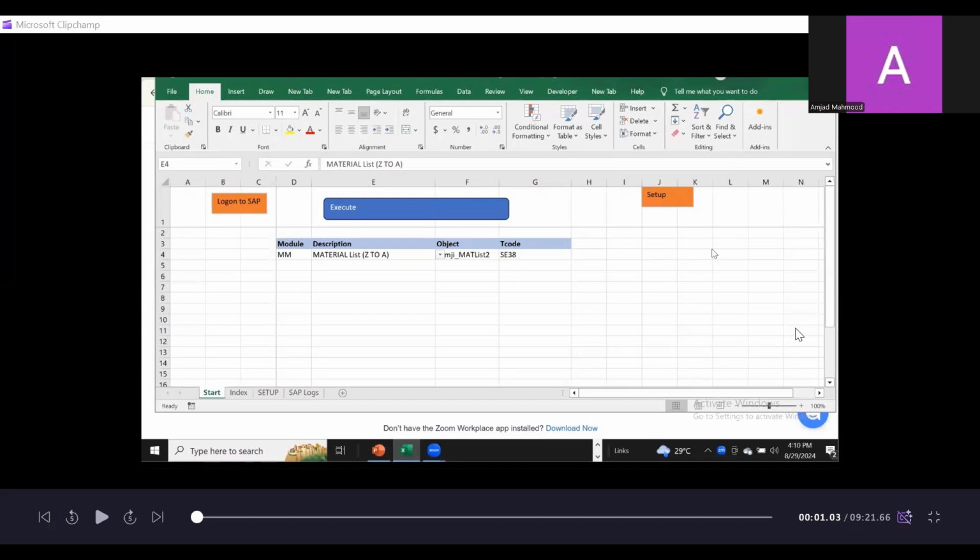Welcome to this session in which we are going to explain the utility of our tool and show you how you can execute the data processing. Data processing is SE16. It's a very frequently used activity feature of SAP, which allows the ABAPers and all to browse the data of the table directly in the